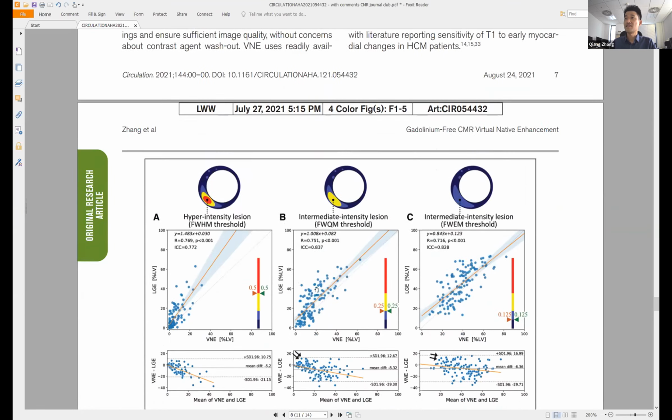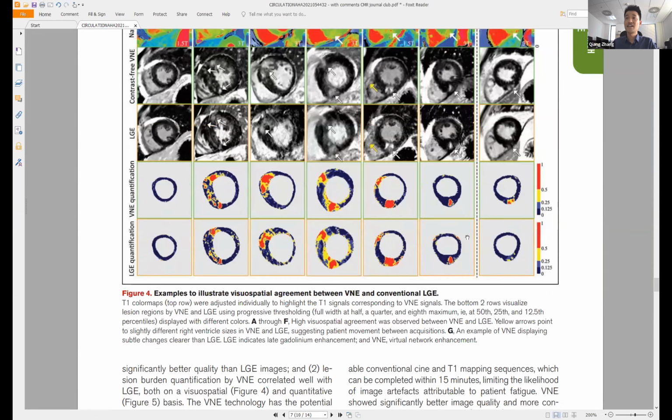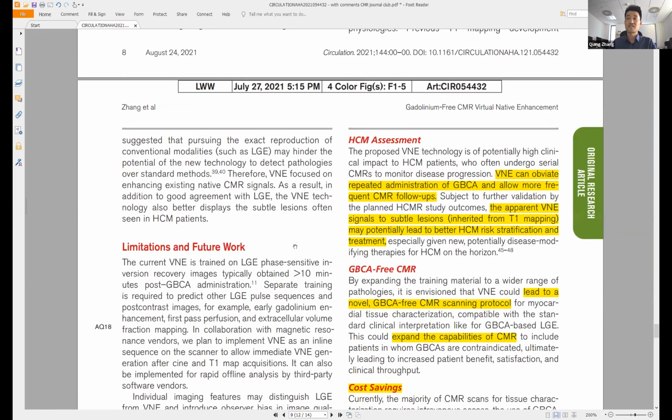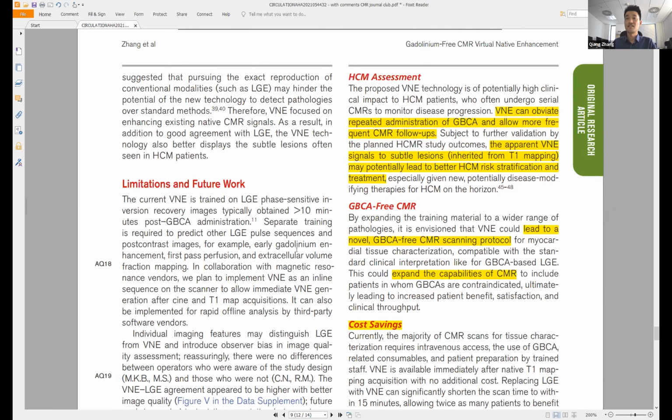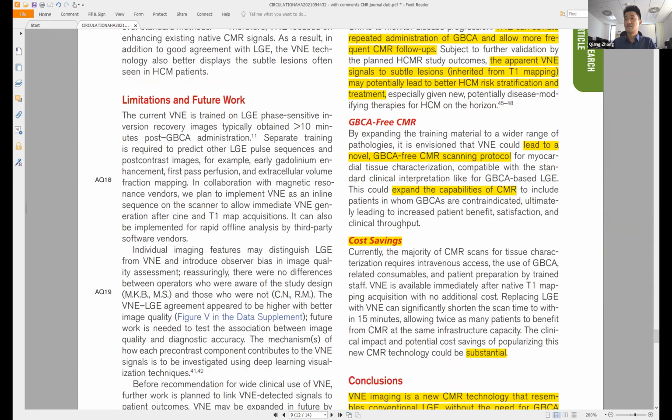And actually, we showed an example here showing that LGE detects something, you see some signal here, but VNE showed the signal clearer than LGE. And this may lead to potential better risk stratification for HCM patients, but it's pending further validation on the HCMR outcome study. And so finally, with further development, we may lead to a novel gadolinium-free CMR scan protocol,